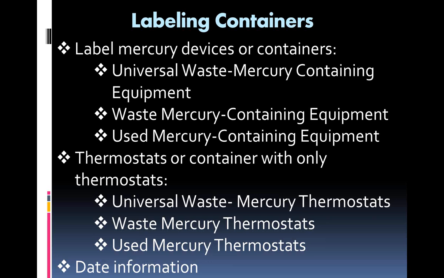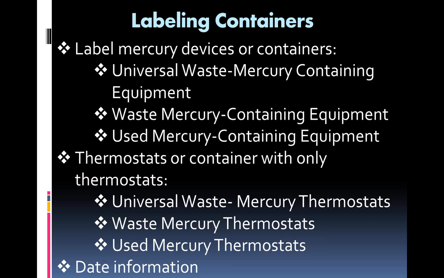Small and large quantity handlers aren't supposed to have the universal waste on site for more than a year. They're supposed to keep it for only a year, except if they can prove that they had to keep accumulating it in order for it to be disposed of. So if you had like 2 light bulbs and you needed to package a box of 10 light bulbs in order to ship it to someone who was going to dispose of it, then if you could prove that you had to do that, you could keep it on site for more than a year. But otherwise, it's supposed to only be there for a year.